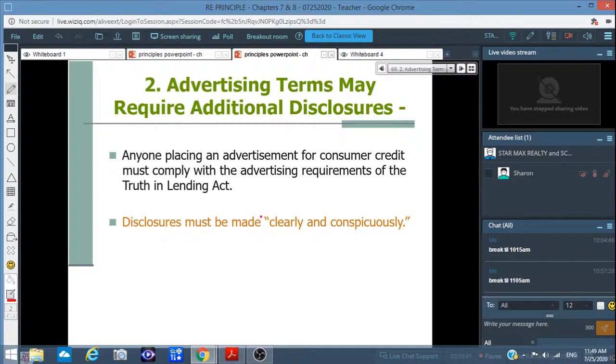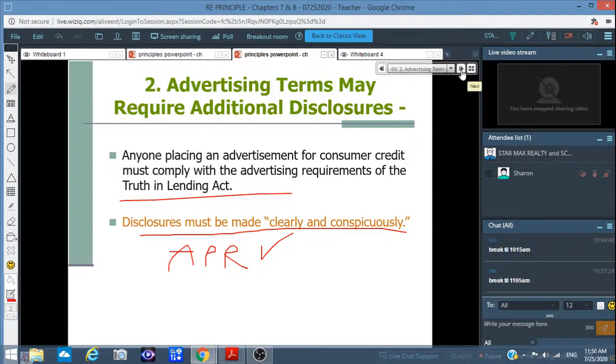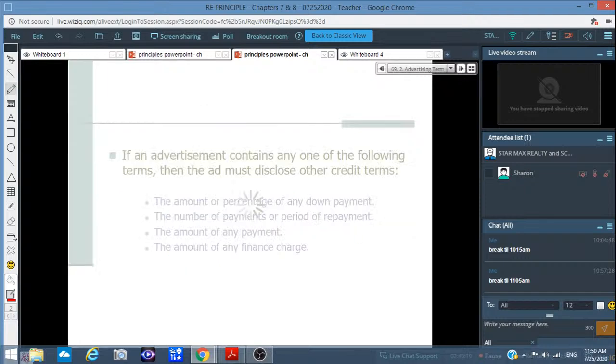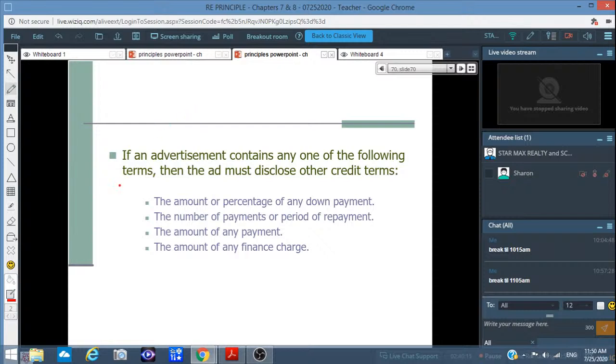Alright, advertising terms will require additional disclosures. Okay, 如果你打广告的话，right，其他的东西你要宣布出来。Okay, anyone placing an advertisement for consumer credit must comply with the advertising requirement of the TILA. Okay, disclosure must be made clearly and conspicuously. Okay, always APR. APR 必须要你打广告宣布这个 APR 出来，OK？除非你一个数字都不提，OK？